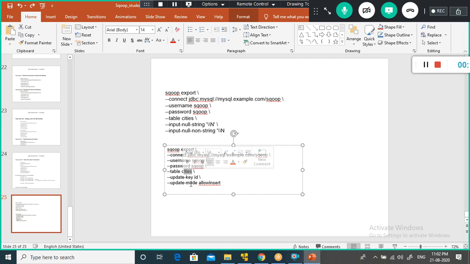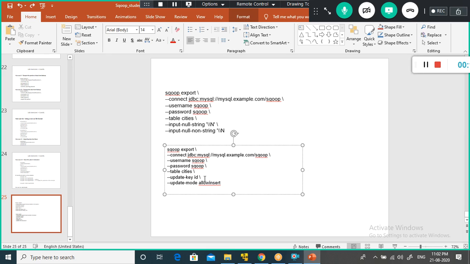While updating, based on the key column, you allow the insert. Let's say my ID column is there in this table. If my Hadoop file system data, the file on the Hadoop file system, has some key column like ID, it will come and check if the ID is the same as this one.